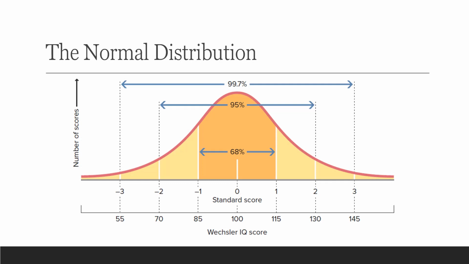I use IQ as an example here for me to show you that the average IQ, according to Wechsler IQ score, is 100. They say that people who finish college are more likely to have an IQ of 110. So it means that if you finish college, you're slightly higher or you're in the average range, but you're in the